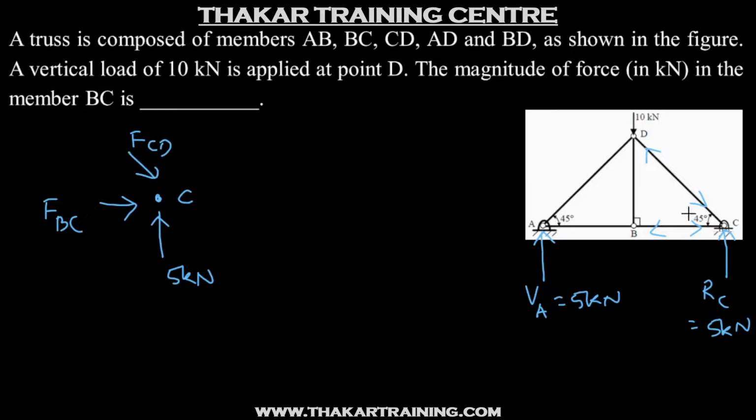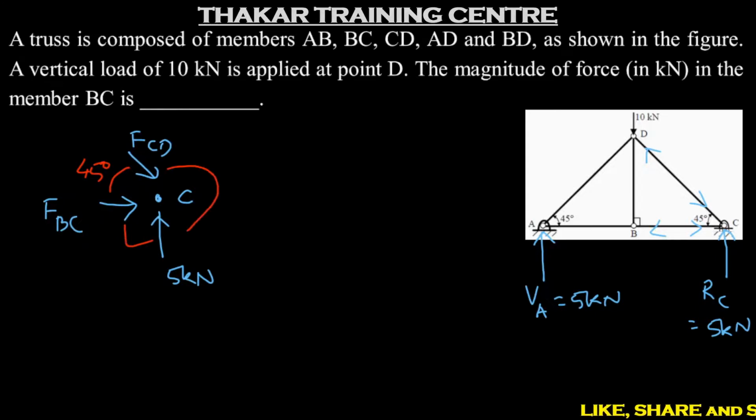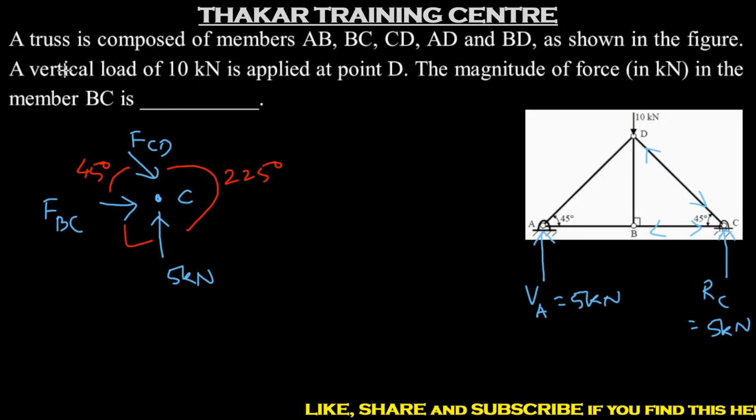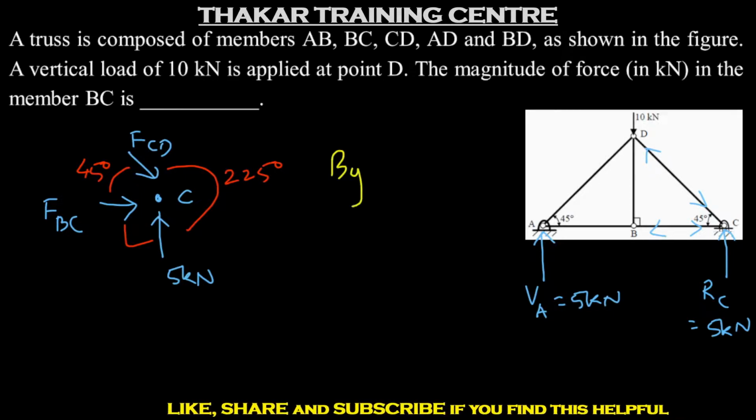Now looking at the angle, this is given to us as 45 degrees. This is 90 degrees. So this is 135 out of 360, 135 is gone. So this will be 225 degrees. So now we'll have by Lami's theorem,